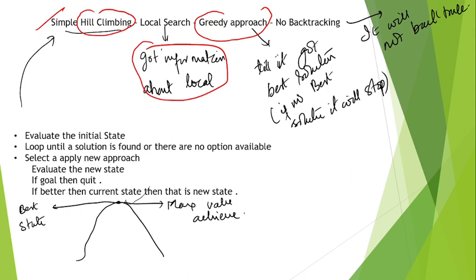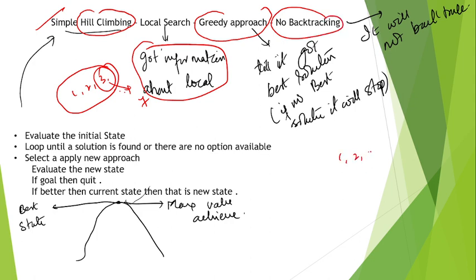So if I've got 1, 2, 3, and after some time I would get a 7, but it thinks that 3 is the best solution, it will give me 3. It will not move forward. We call it a greedy approach. Once you get a best solution, you stop, you do not go forward, and there is no backtracking. So what do you mean by backtracking? I'm going 1, 2, 3, 4, and even if I count back to 3, I cannot go back from 4. It will not backtrack. It will tell you the best solution.